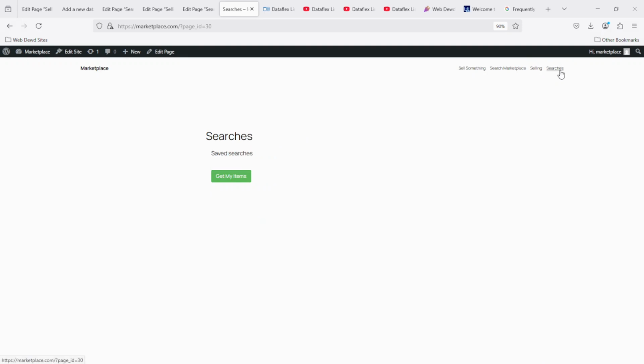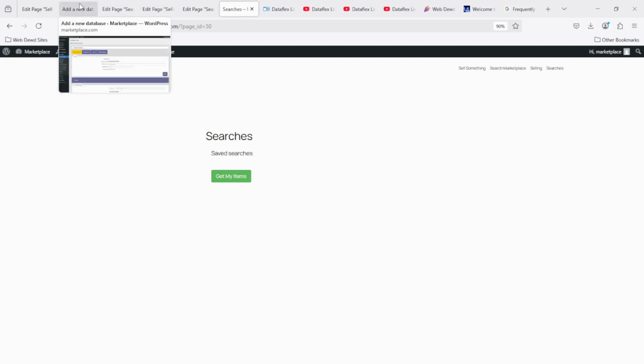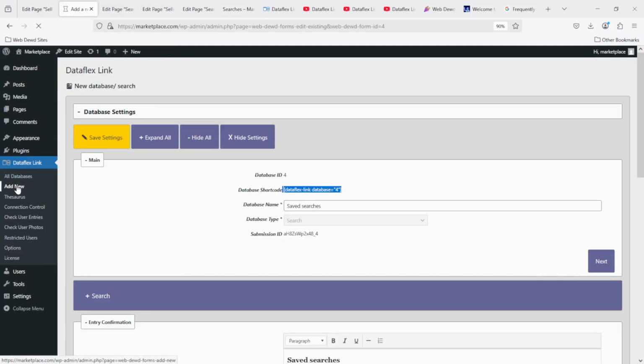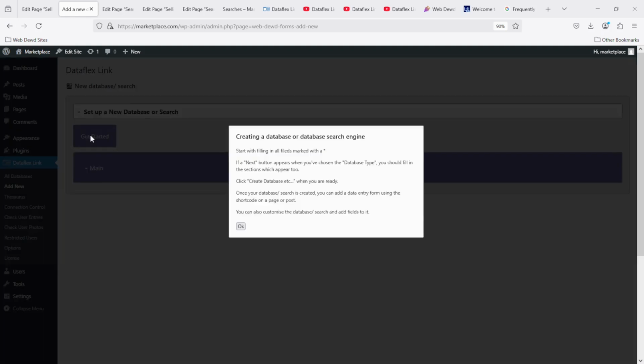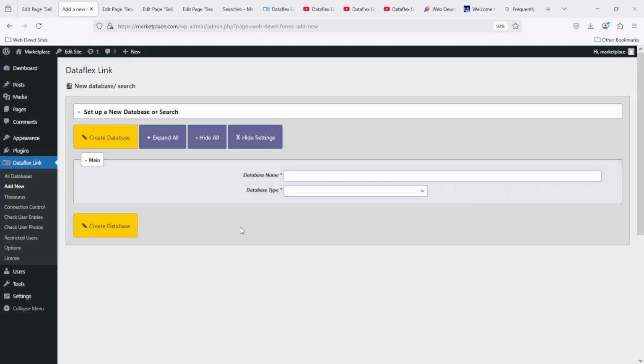So something we need to do is set up a method of allowing contact between people selling items and people wanting to buy items. So what we're going to do is something a little bit clever with Dataflex Link. We're going to ask users to complete an inquiry form in order to contact a seller. So what we need to do first is create another database. This is going to be quite a simple one, and it's going to be called inquiry. That's going to be a database,